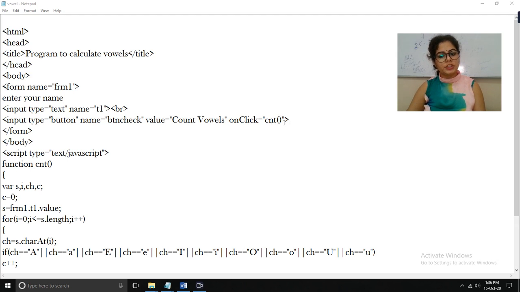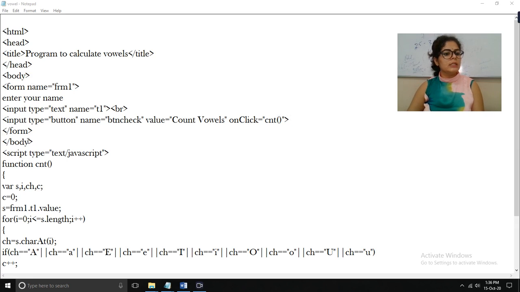This is a function because these are function brackets. I have written the name of the function here in double quotes. After this I will create the function and show you. Then bracket close, form tag close, body tag close.